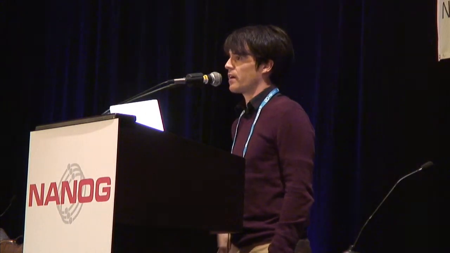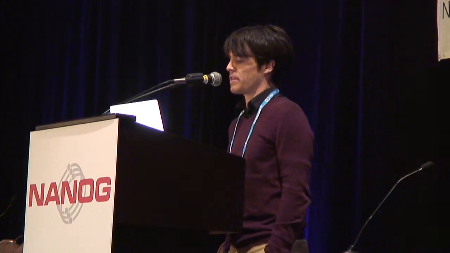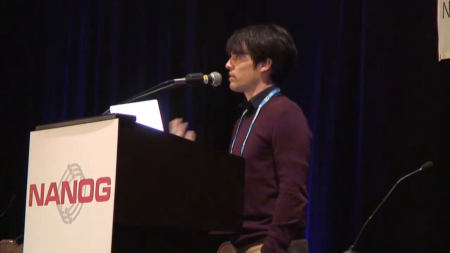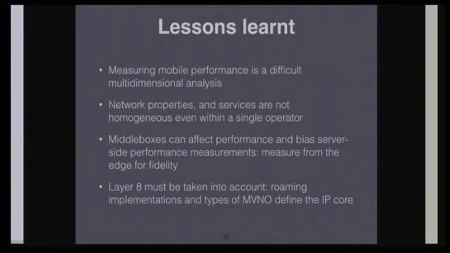And then we also have to take into account a full cross-layer analysis, looking at every single element of the network, including, as you could see, the business relationships. In fact, these business relationships and their implementation can also impact the network properties. So we need to look for very fine-grained information on the device in order to accurately map this information to what we are observing. And we are aware that we are not able to fill a lot of pieces in this space, and we would like to hear your feedback and suggestions in case you are aware of something that we are not measuring.